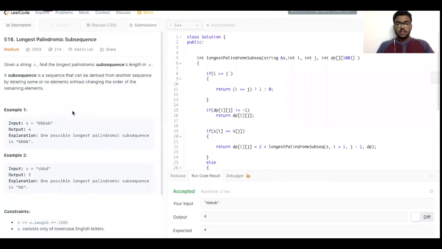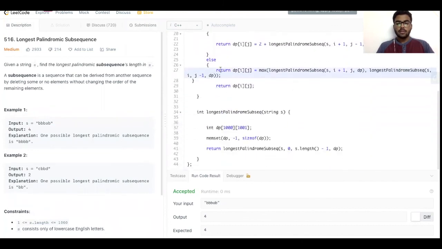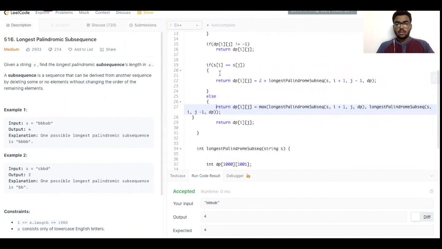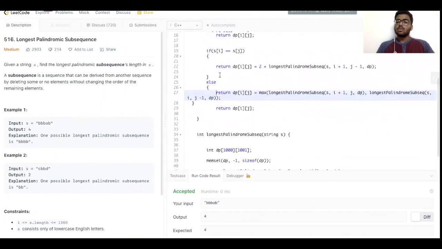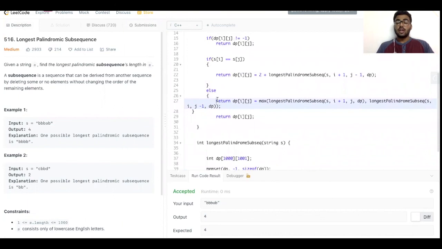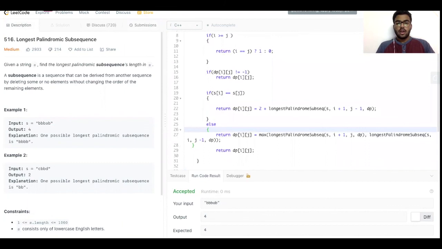It is fairly similar to what we had done yesterday, the longest subsequence problem. And memoization does work even if you're solving it by DP. You don't need to always do a tabulation method to get a dynamic programming solution. So this also works. Okay, I hope you guys understood it.